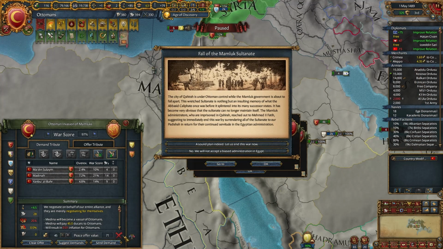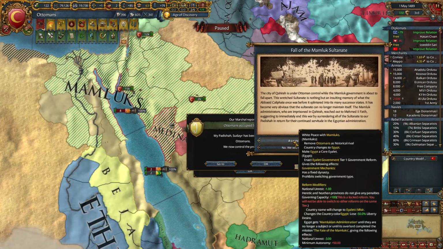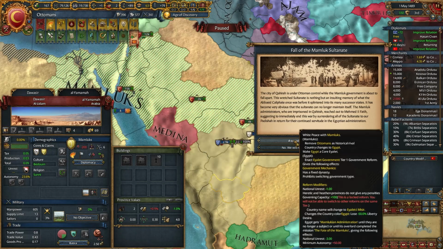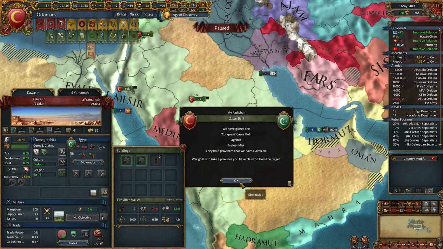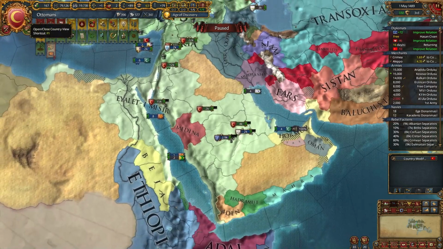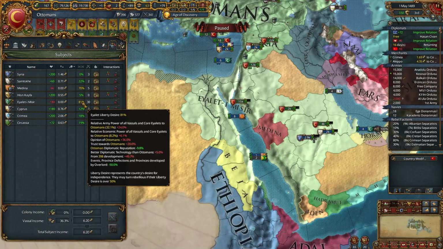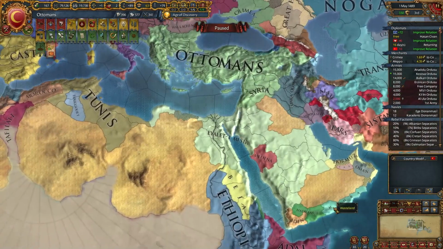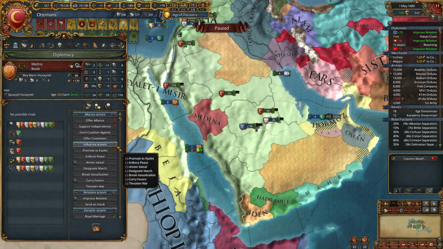Wait for a little more, just a little bit more, please. Yes, I can vassalize Medina. As you can see, you won't get any aggressive expansion for this, so you can conquer a little bit. And Mamluks will become your Eyalet, core Eyalet. What are the differences? First difference, you can't call in Mamluks to your wars. They also can be annexed, and you shouldn't have too many core Eyalets, because they will have very high liberty